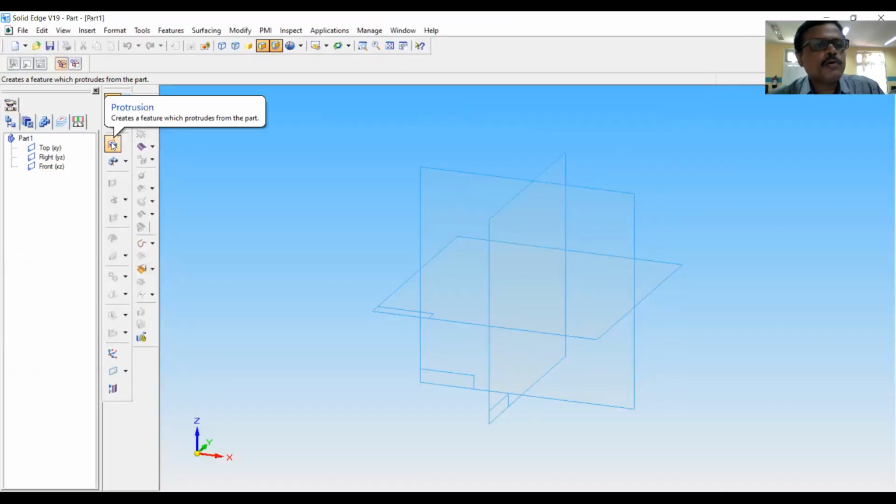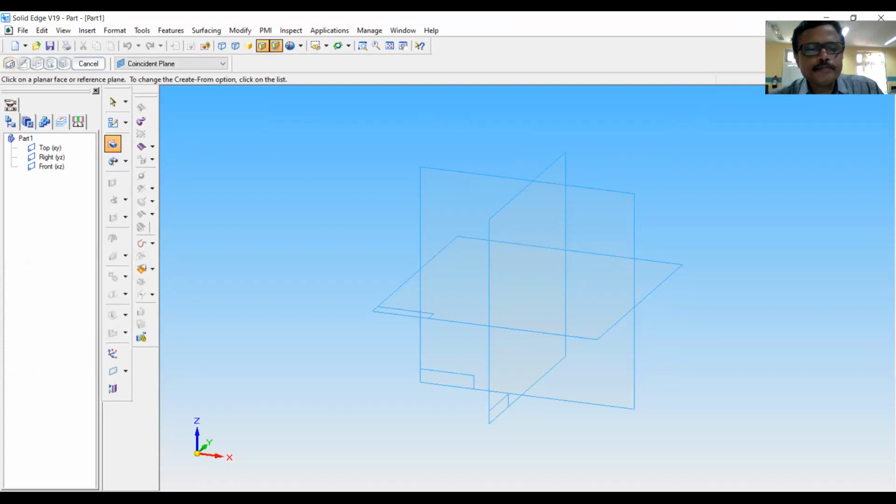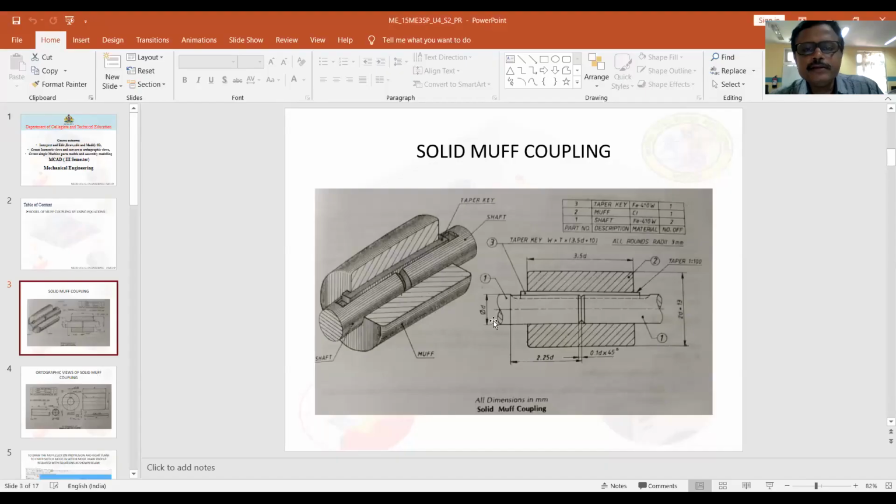Go to protrusion. Now we are doing this part, cylindrical sleeve, that is this part, that is part number 2, which I will be doing in the beginning.